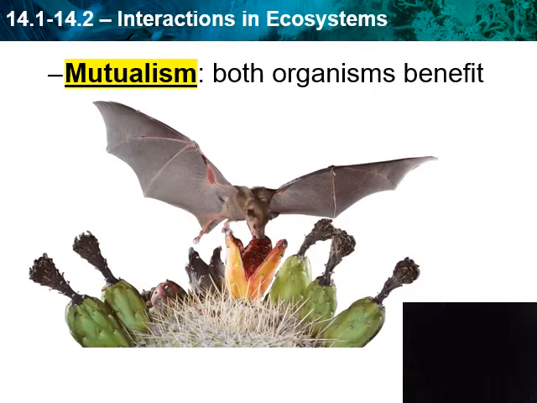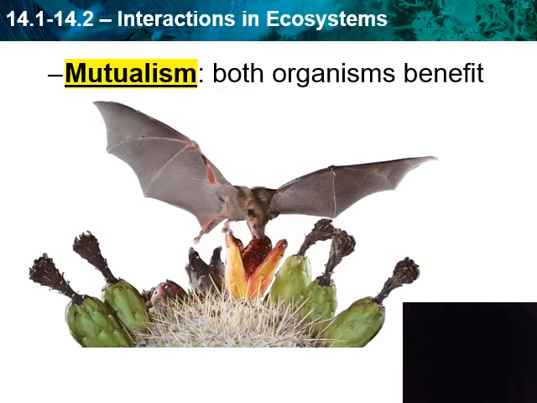In mutualism, both organisms get a benefit, just like this bat who's eating the fruit from this cactus. This is a cactus that blooms at night. This bat is actually the pollinator for this plant. So they benefit each other. The plant's getting a reward, and the bat's getting a reward. That's mutualism, just like my